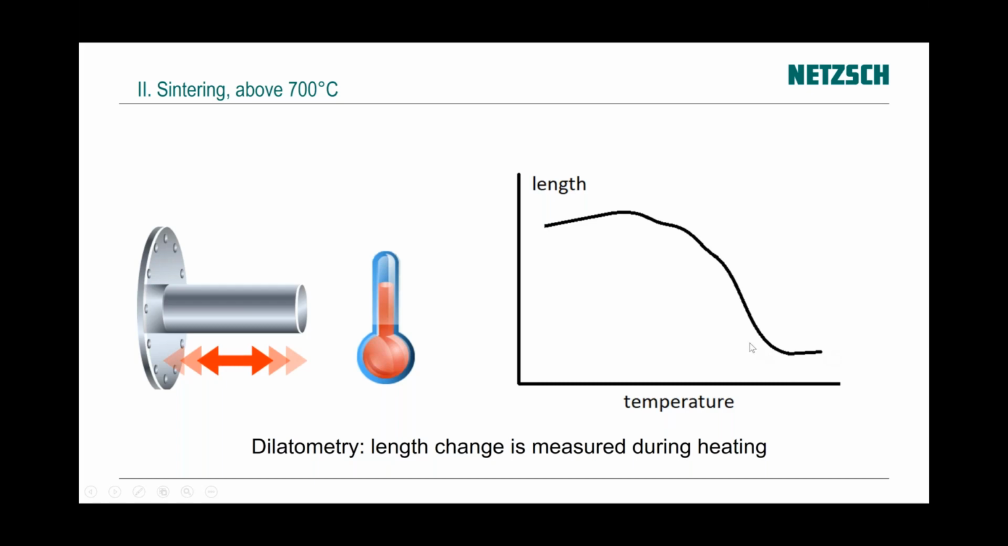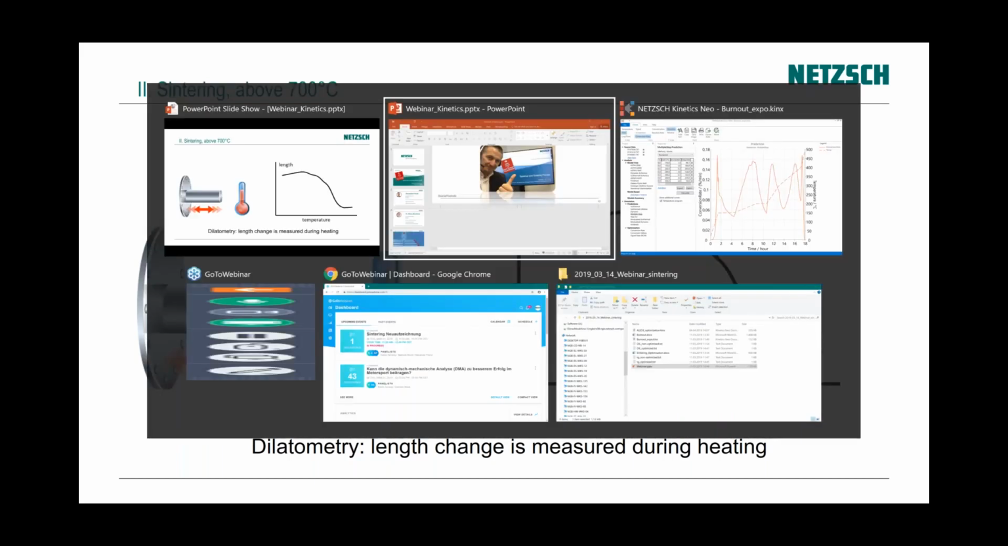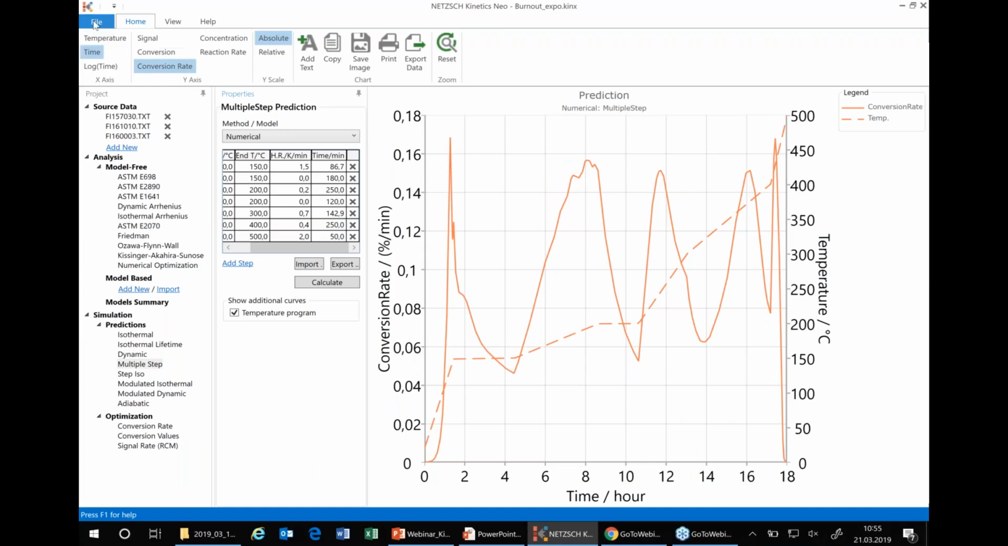And now we can optimize the second part above 700 centigrade. And this optimization is based on the dilatometer curve. Let's switch to the temperature. Let's go to